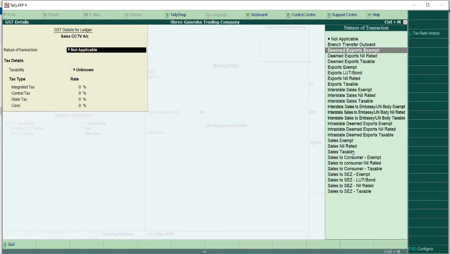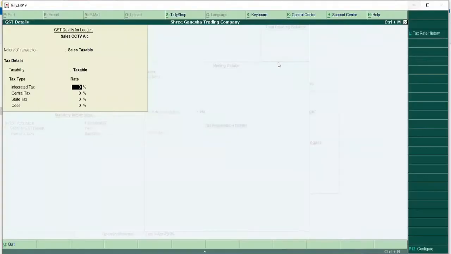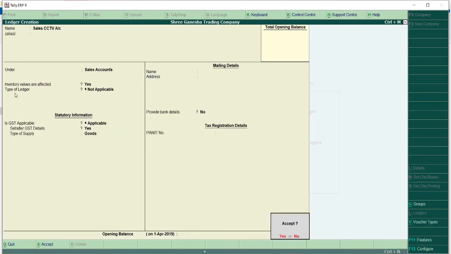You can see the option here. I am selecting this option. Again the percentage of GST is given as 28%, so I am typing 28 here, and 14 and 14 will be divided automatically, and I am selecting goods here. That's it. The next one is Angel Public School.